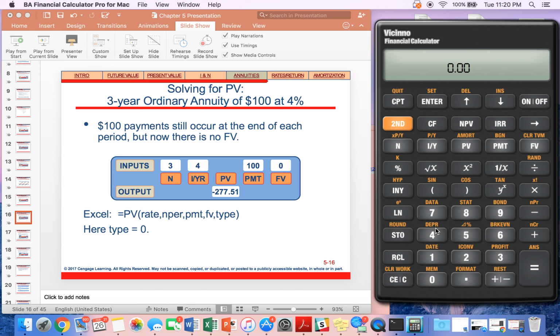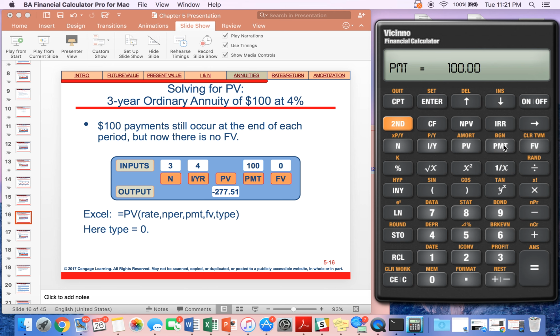So let's go ahead and look. So same question. We're going to go ahead and plug in our variables just like we did. So it's still a time horizon of 3, a period of 3. It's a rate of 4%. But this time, we're trying to solve for the present value of this annuity. So we're going to go ahead and skip over it. We're going to input